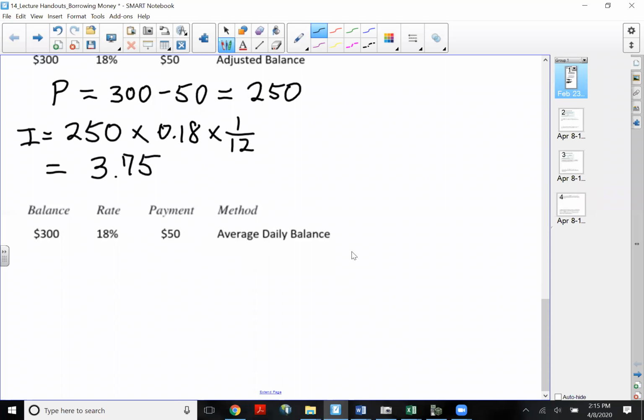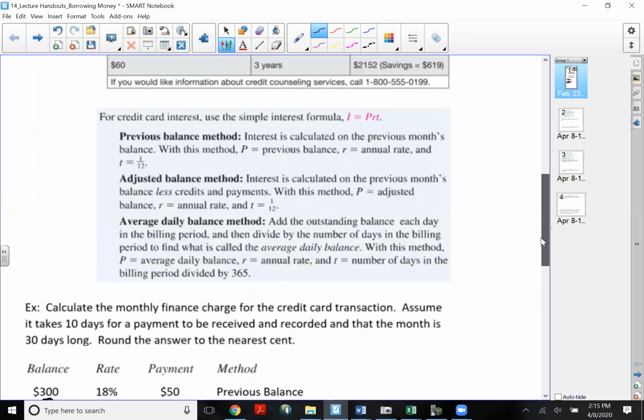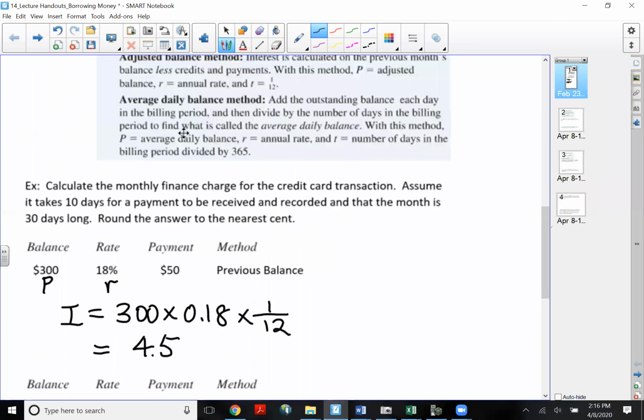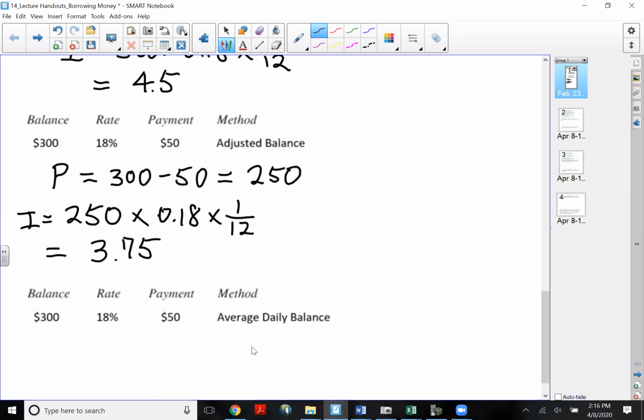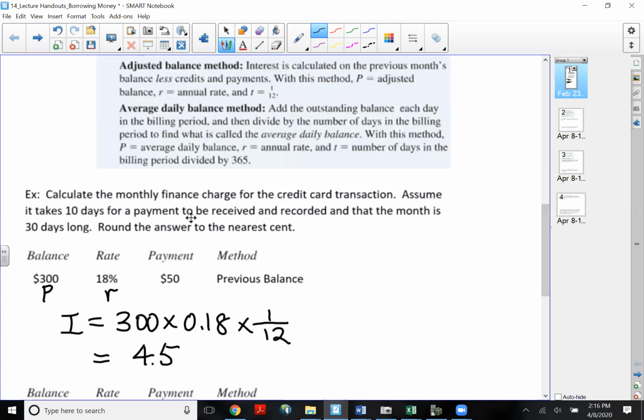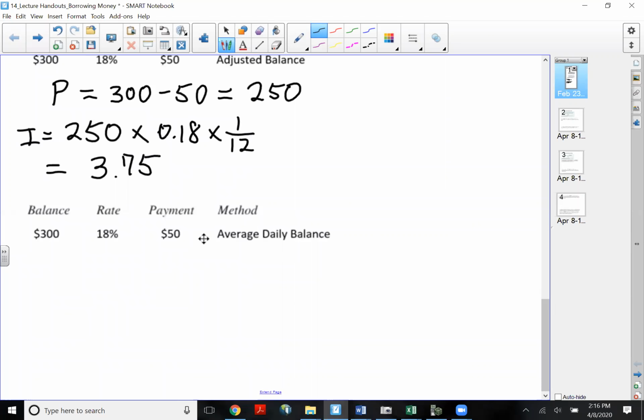All right, average daily balance. Average daily balance is a little bit trickier, but it actually makes sense. So I'm just going to do it like this. We need this thing right here: assuming it takes 10 days for a payment to be received and recorded, and that the month is 30 days long. Average daily literally means, on average, how much do I owe every day? So in order to find your average daily balance, which is your P, we have to think about